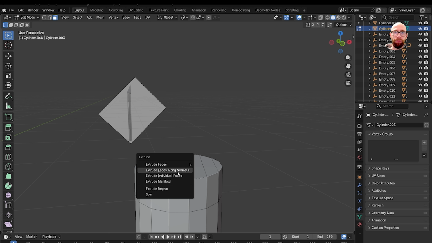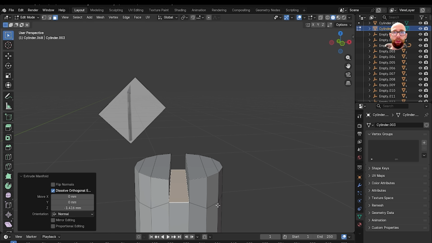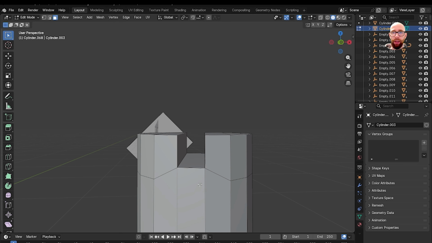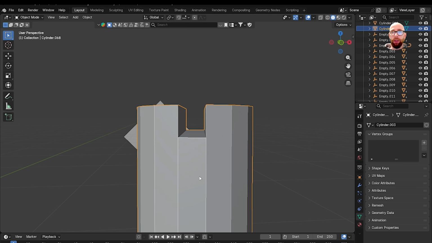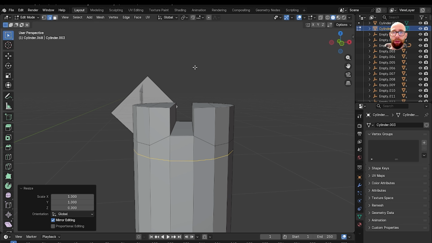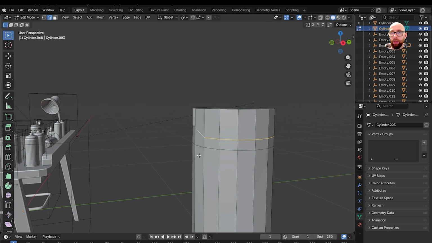I normally go extrude face along, but I'm going to go extrude manifold just so we can drag this down just like that. Okay, so that has now grabbed everything together. I'm going to add one more edge loop and bring that up a little bit like that. I'm going to S Z just to scale that flat like that. I'm going to grab this as well